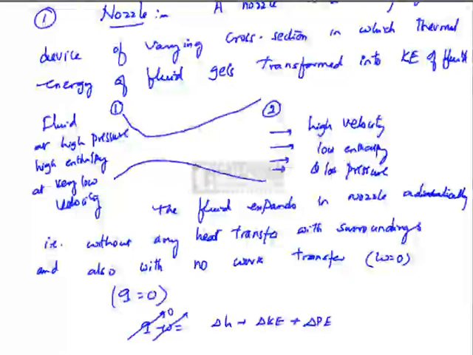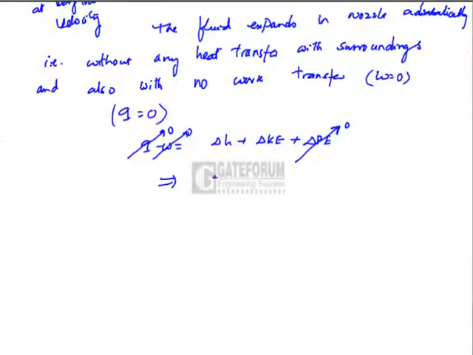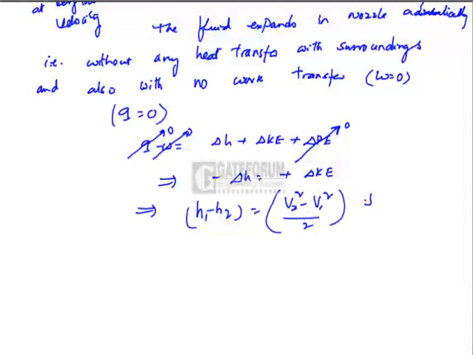Q is 0, W is 0, no change in potential energy, implies minus delta H is equal to plus delta KE, implies H1 minus H2 is equal to V2 square minus V1 square by 2 joule per kg,